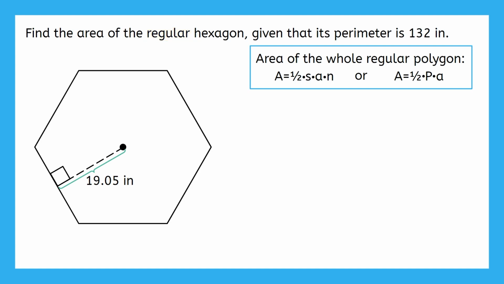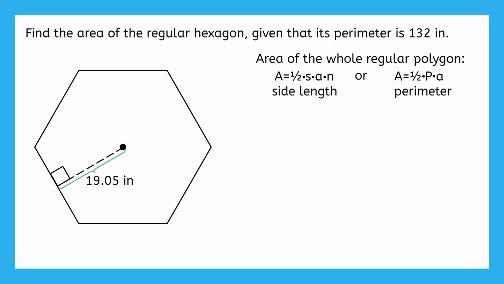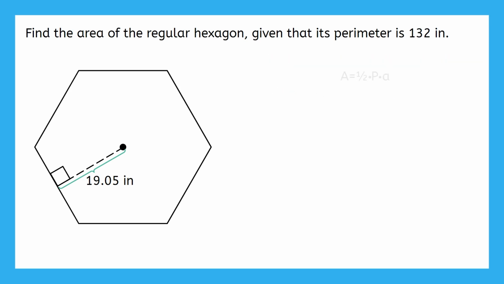Which formula do you think will be easier to use for this problem? The one involving side length or the one involving the perimeter? Since we were given a perimeter, the perimeter formula makes more sense this time. Pause the video here and try to finish off the problem independently. Did you identify that 132 is P and 19.05 is A? From here, you should have substituted into your formula and entered this expression into your calculator, which will give you an answer of